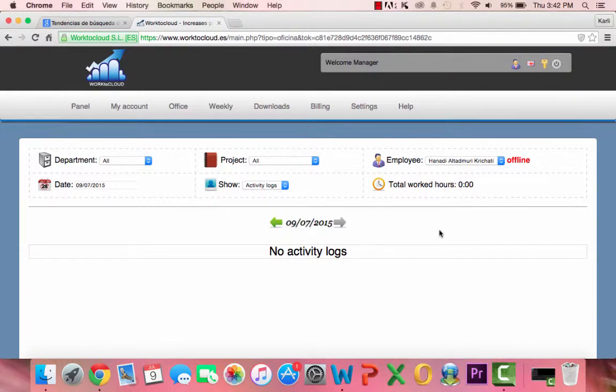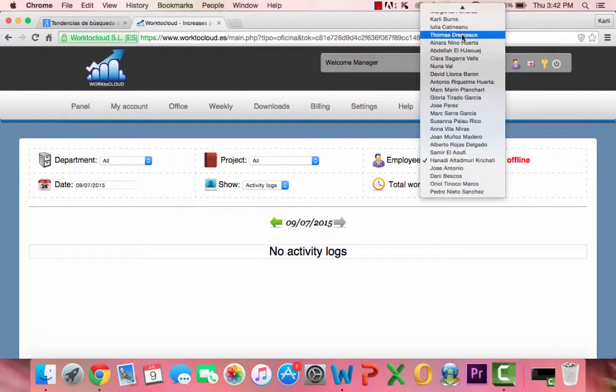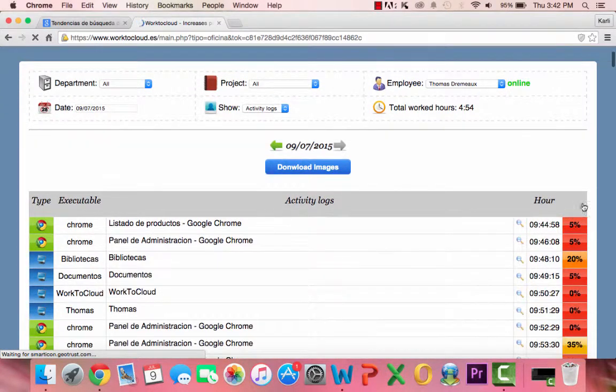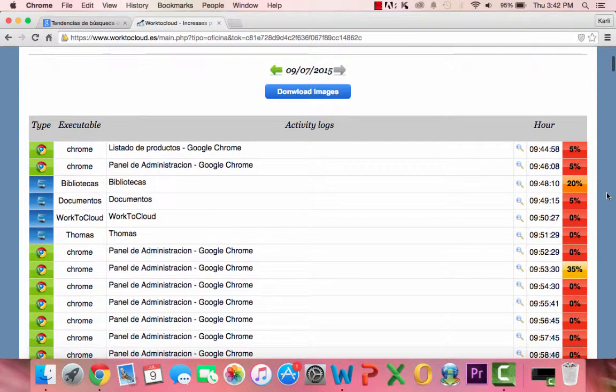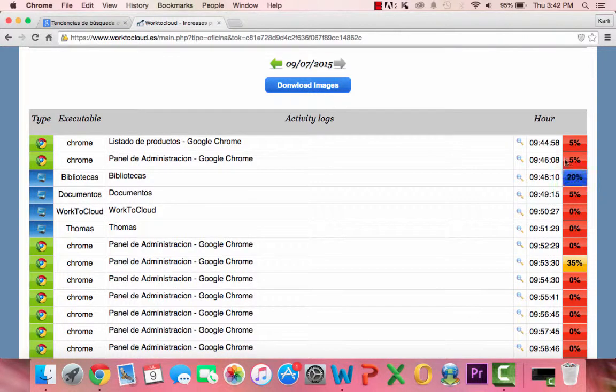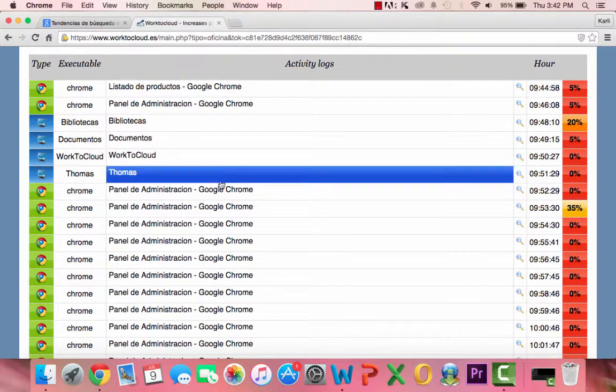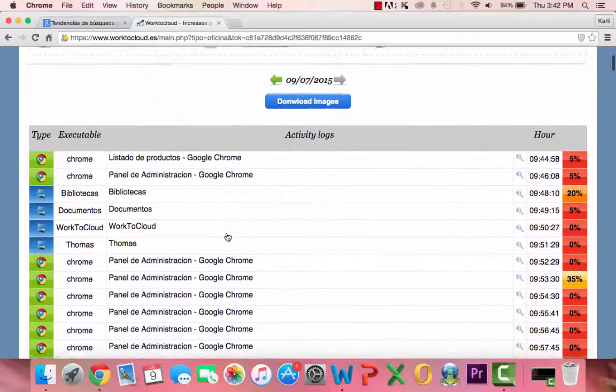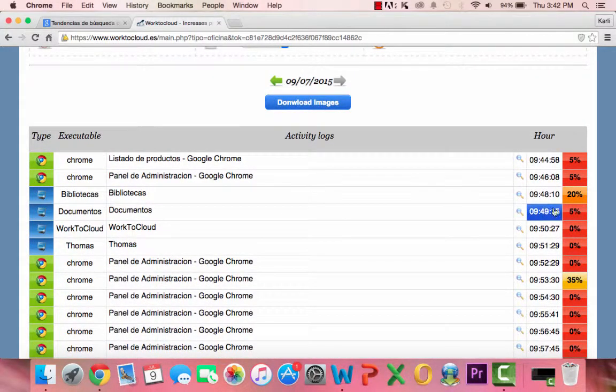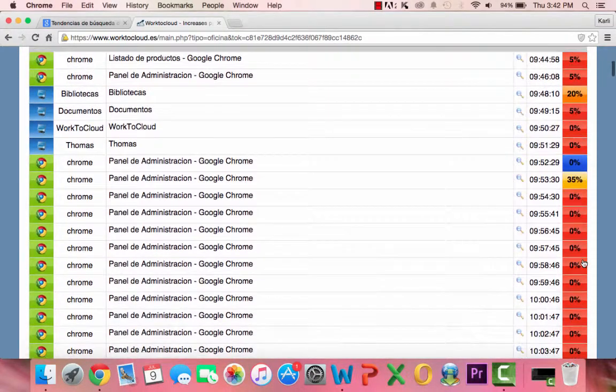And then we're going to go to activity logs. Let me find an employee. Okay, so this right here just gives you, in a table format, each time the employee has changed programs, or changed to a different screen, or some sort of activity that the employee has done, and it gives you the type of application the employee was using, in more of a Word format here. And then it gives you the actual activity that the employee has done, and this is the exact time that the employee did the activity,